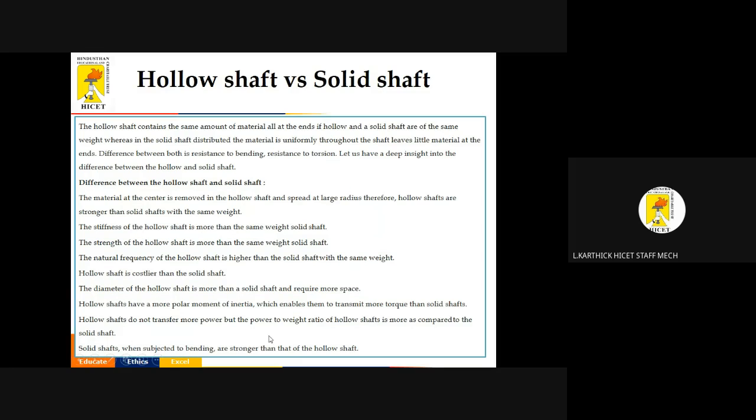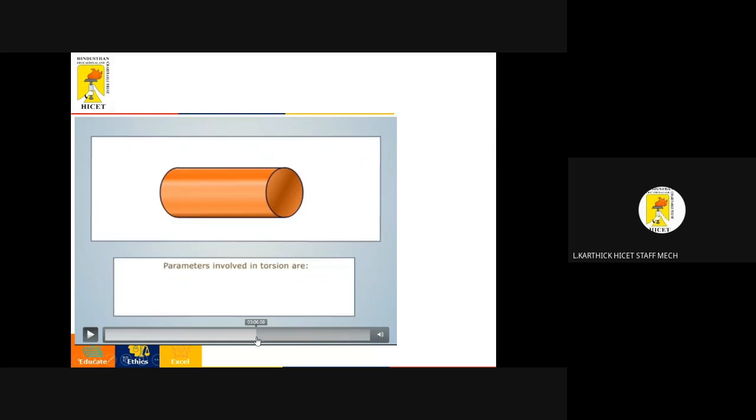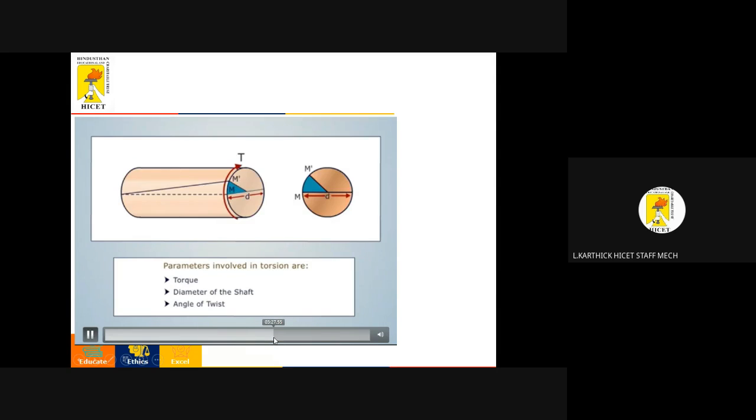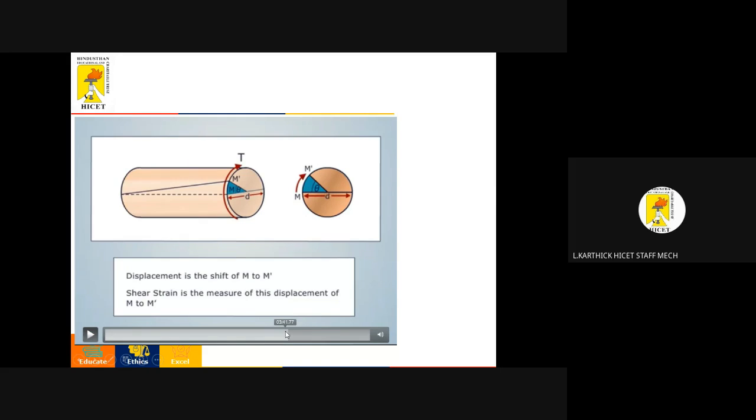And the major purpose of this, and the major thing is